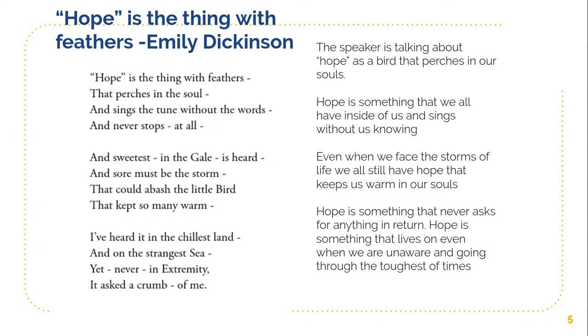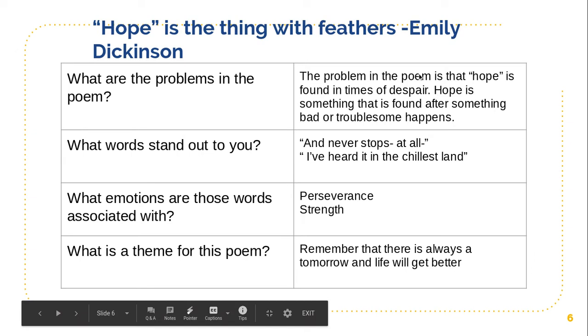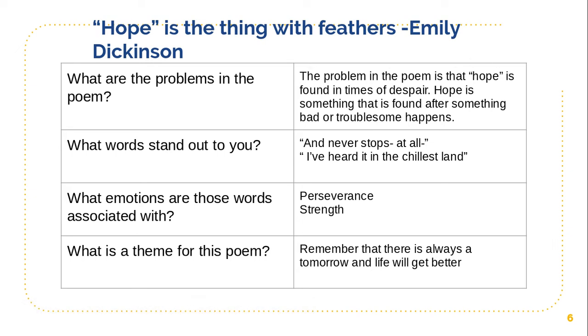And so this entire poem is just about how hope is inside of us, even when we go through storms. It's like that bird inside of us. And it eventually takes off and we see it and we have hope. So I really like this poem. After I read that poem and figured out what it was talking about, I filled out this chart right here, which you guys are going to do. You are going to see the left-hand side, and then you are going to have to fill in the right-hand side. I already did this to give you an example. So the first thing I want you to talk about are what are the problems in the poem that you are reading today?